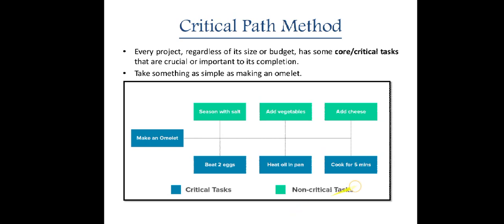And when we see the non-critical tasks which are represented in green color, so it is putting some salt, adding vegetables if any needed, and adding cheese. So these 3 things are not very important. I mean to say, without these things also making an omelette will be complete. But if we ignore any of the critical tasks, the project is incomplete. So this is an example wherein critical tasks are those tasks which are very important for a project in its completion. So we cannot avoid critical tasks, whereas non-critical tasks, without which also we can complete a project.